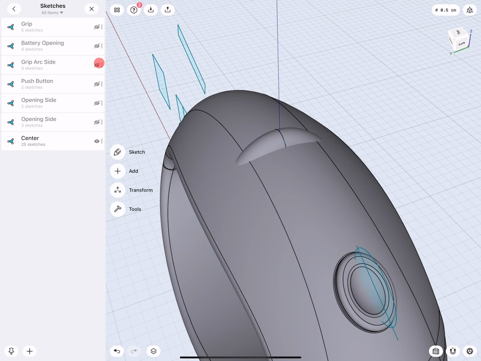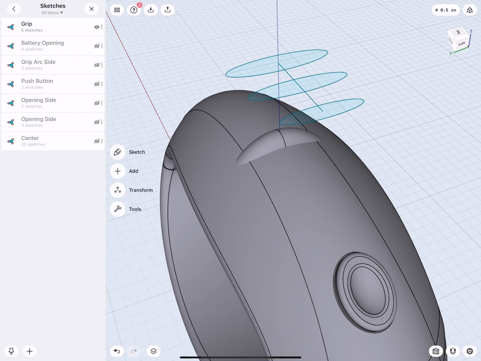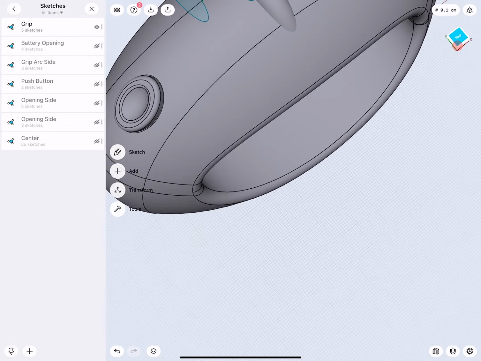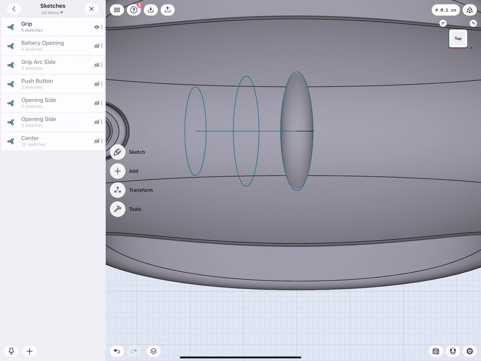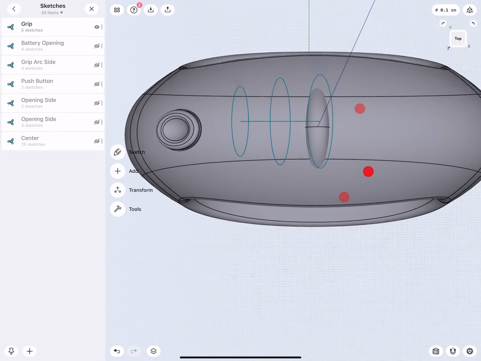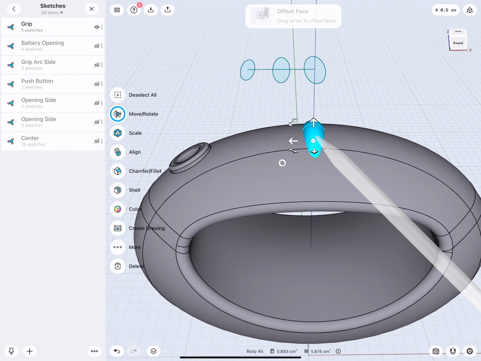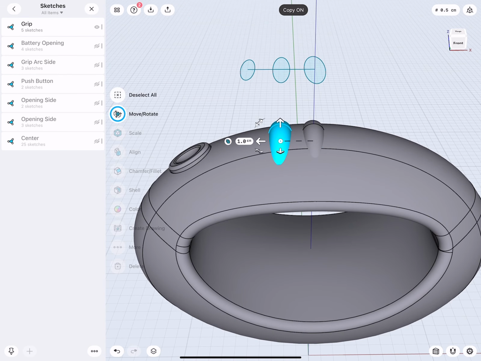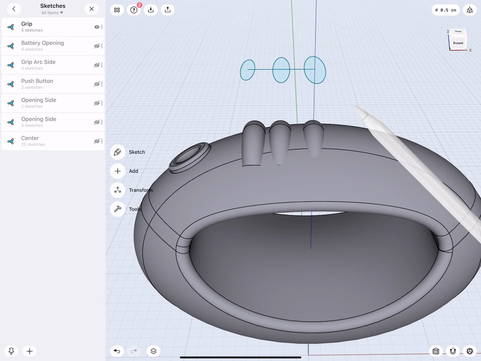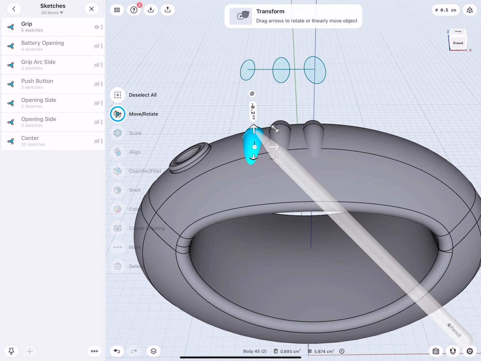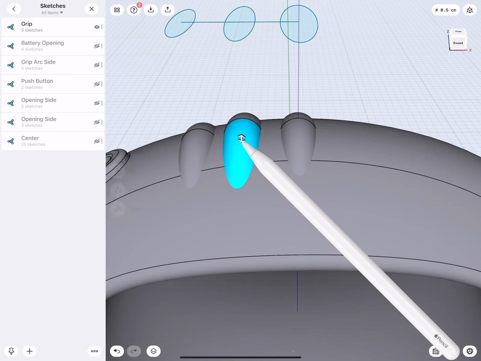In the sketch folder, I also have the grip layout. So for example, for the top. So that's the way I wanted them to be left and right and position wise. So I can make a copy of this, bring this over, make a copy. So this obviously has to go down a little bit more.